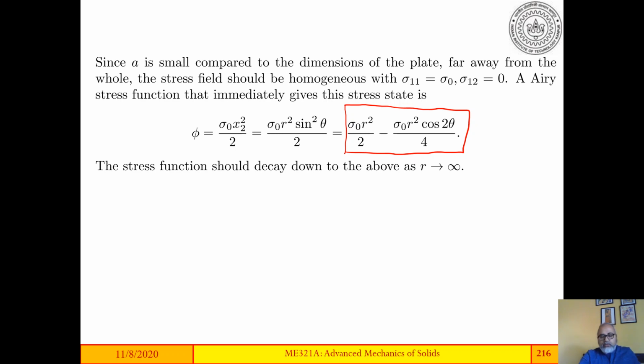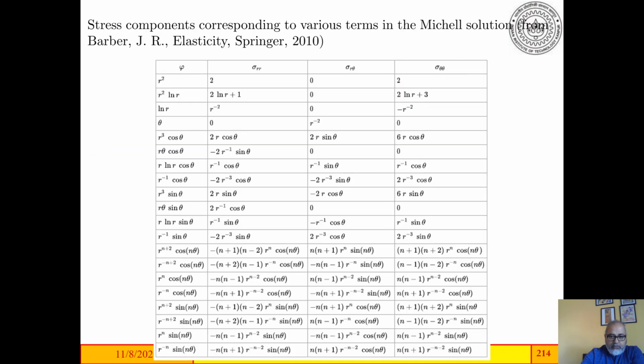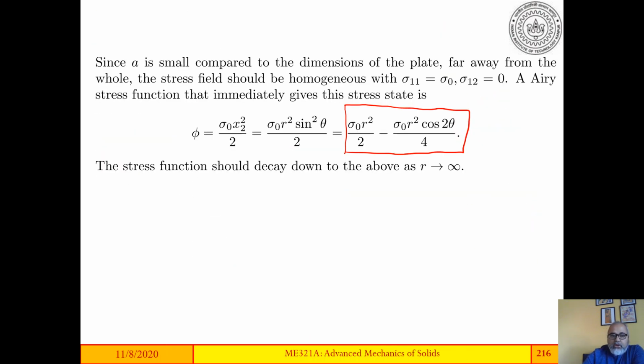To figure out what else has to be included, we go back to the table. Okay, this is the table that we looked at in the previous lecture. Now we know that the stresses have to lead to sigma 11 equal to sigma naught and sigma 12 equal to 0 as r tends to infinity, and this part is going to do that. So whatever else is there in phi